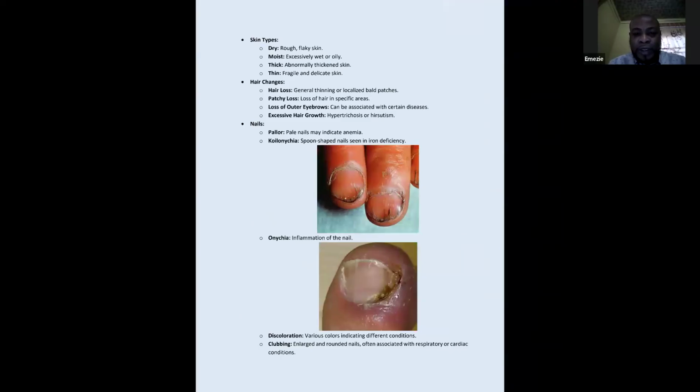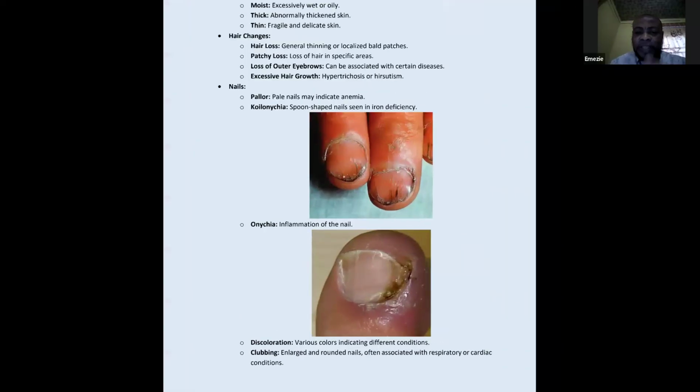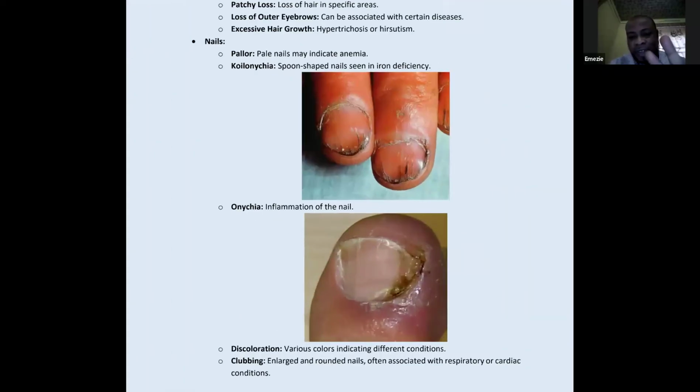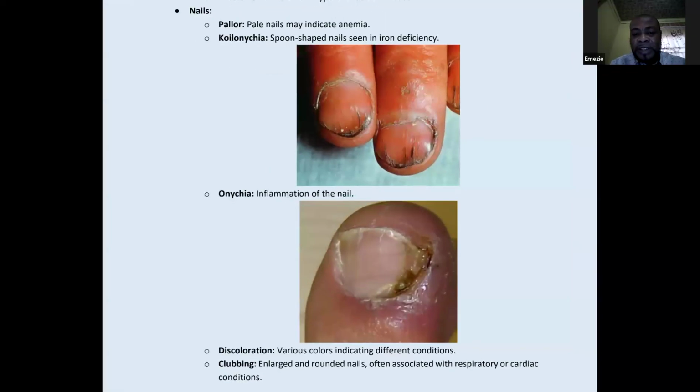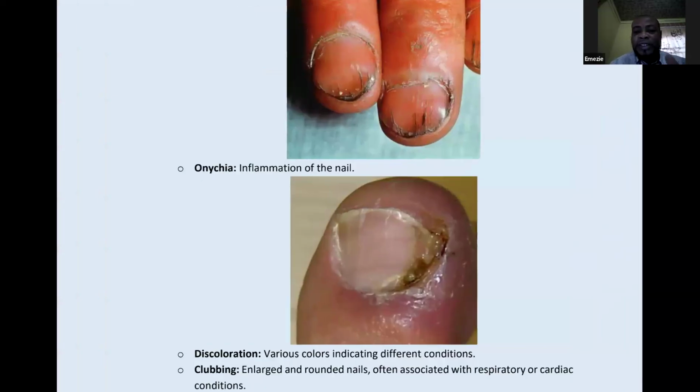The nail is dystrophic. So all this pathology can tell us maybe what illness this patient has. As you can see, even in the second image here, this nail is infected. There's serious infection going on in the nail. So I want to look at these things and pick them. It will help to tell us what is going on with this patient. Then there's nail clubbing, which you get to learn in the hospital. You just try to put two nails of the patient together